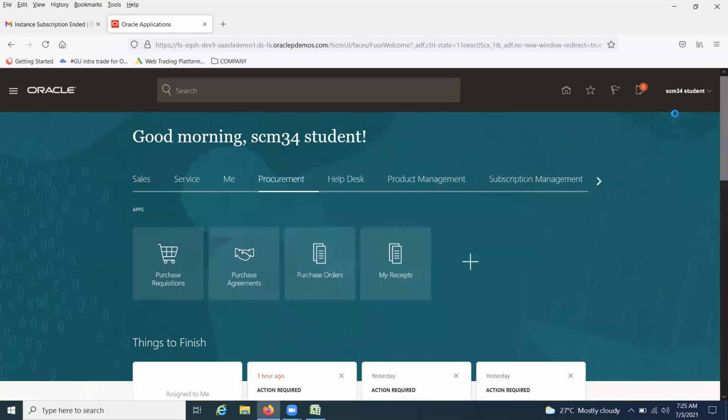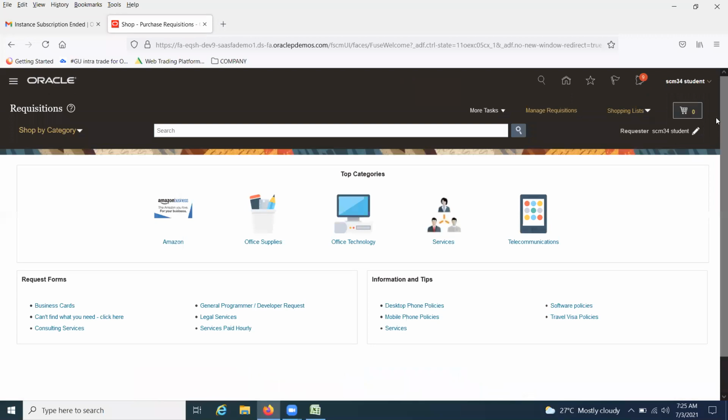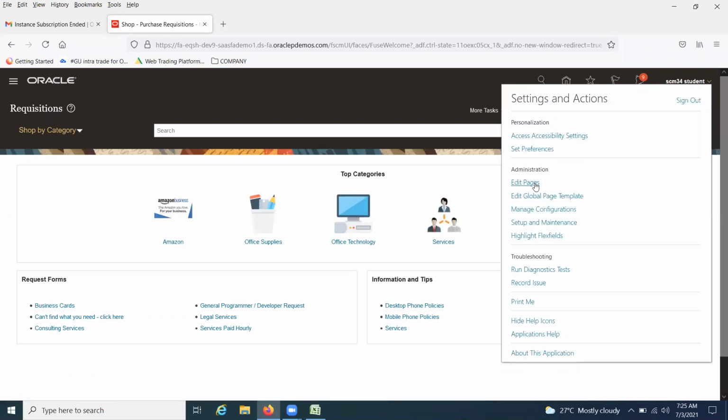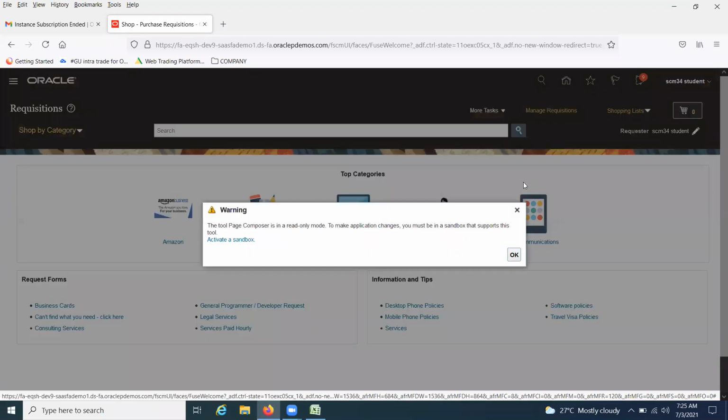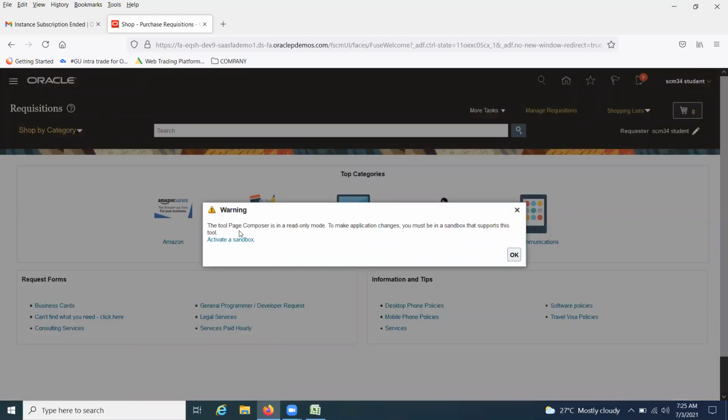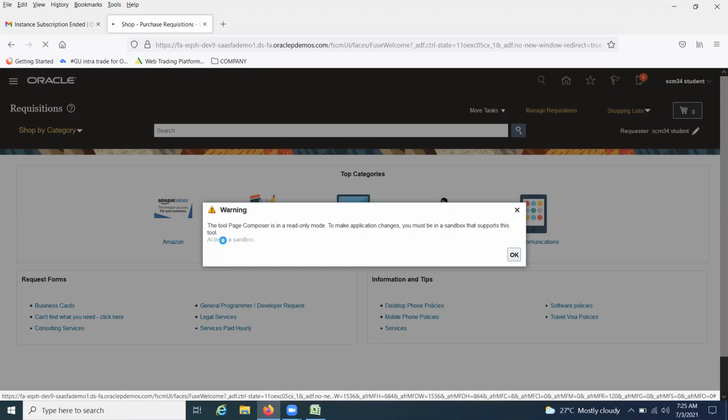How to connect to sandbox and how to create it, and what tools are there in sandbox? If you want to do that, first go here. Here you can see edit pages. If you click on edit pages, the system will ask you where your sandbox is. If you want to create a sandbox, you can go to the navigator and create one, or else directly click on edit page and the system will ask you what your sandbox is. So click on active sandbox and create your own separate space. Let me click on active sandbox.